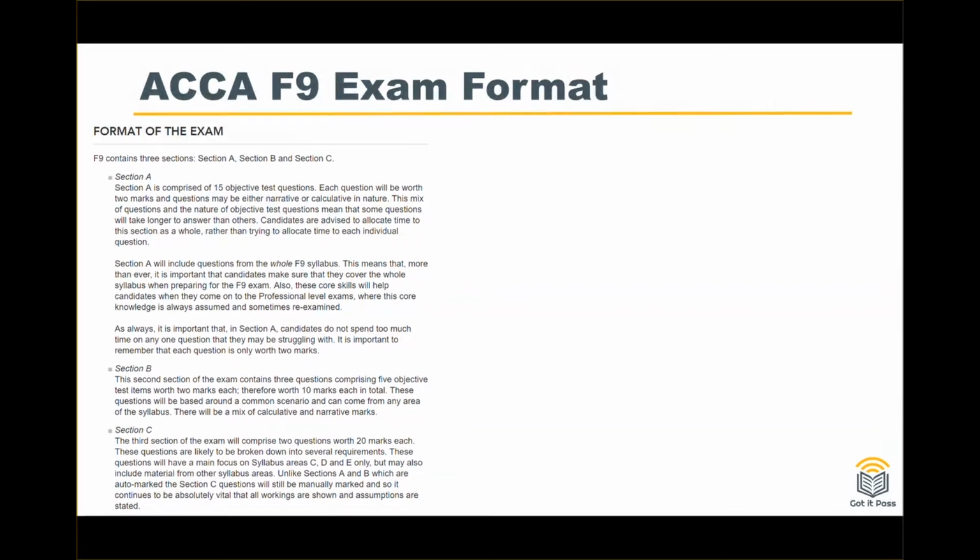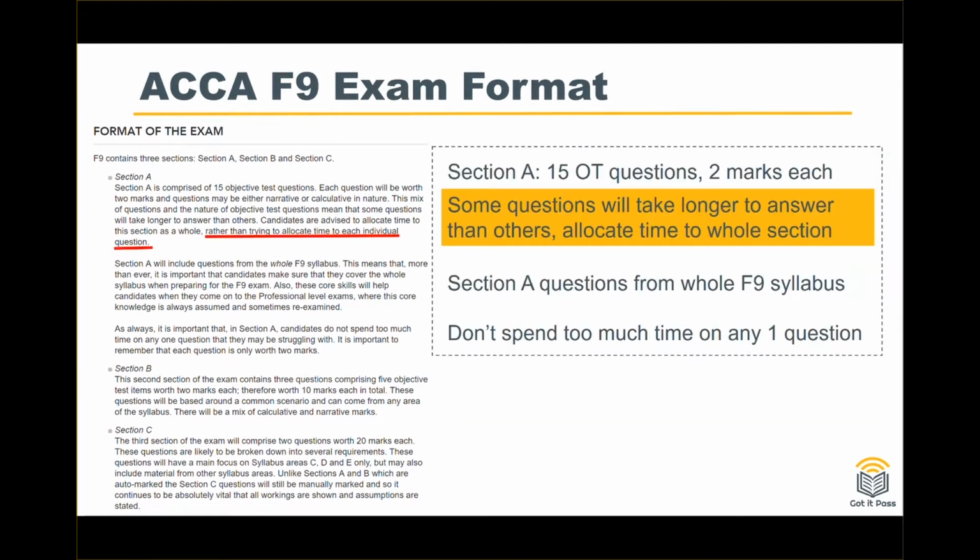But I would like to highlight the key items for you to learn, which will help you to pass the exam. For section A, there are 15 objective test questions, 2 marks each. For some questions, you can see the examiner's approach: some questions will take longer to answer than others. You have to allocate time to the whole section. For example, 15 objective test questions, 2 marks each, is around 60 minutes, 1 hour on section